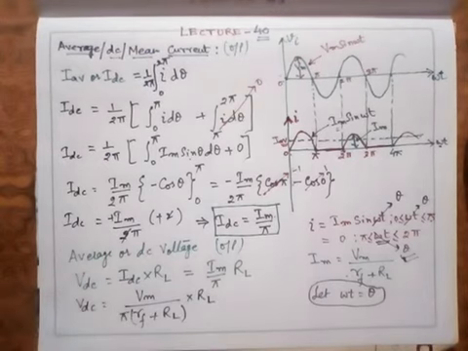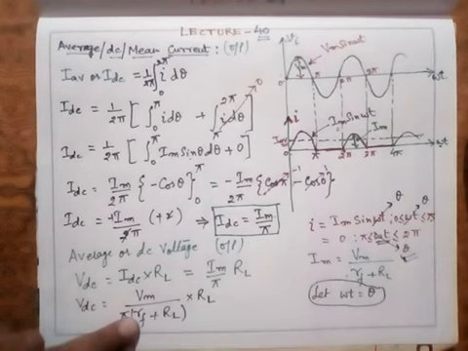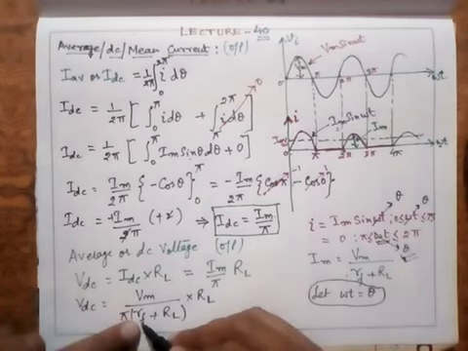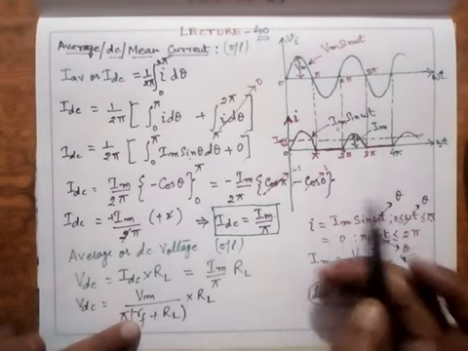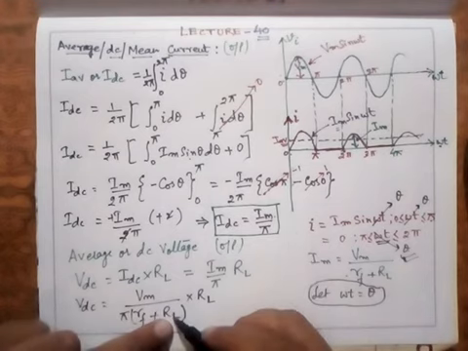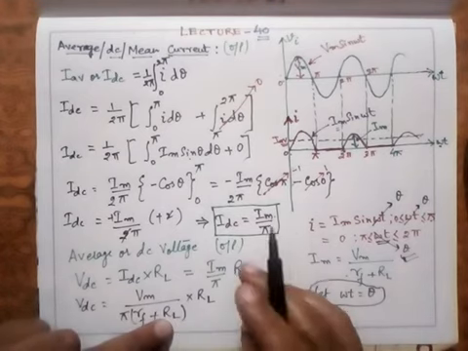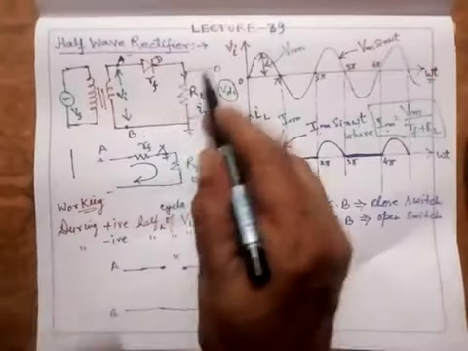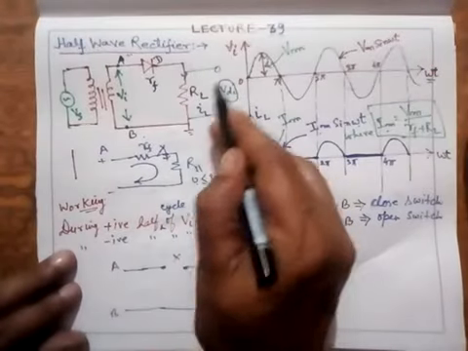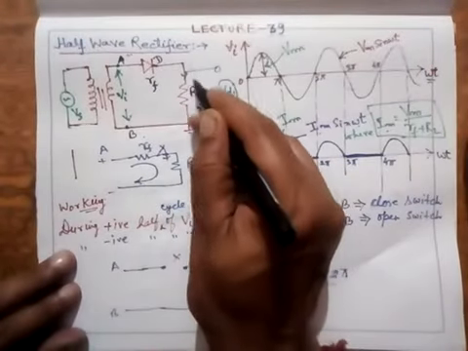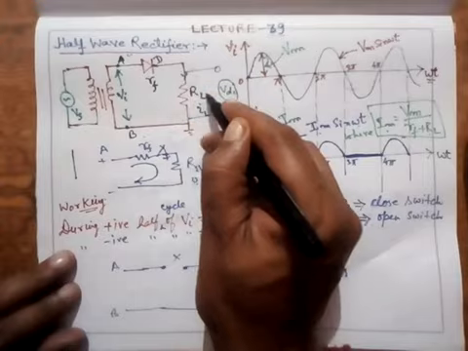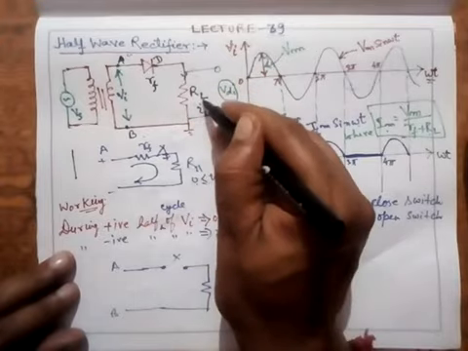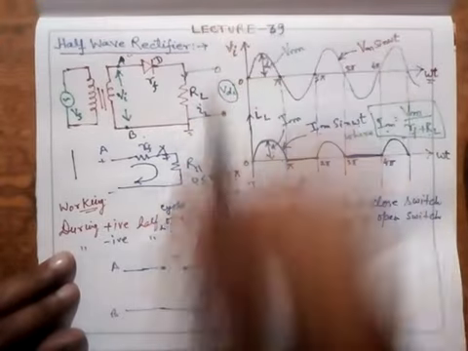Now one more thing. Since this RF is far less than RL, normally the forward resistance of this diode is of the order of few ohms, and we take this RL of the order of few kilo ohms in order to obtain the maximum drop here. We need maximum voltage. If the current is fixed, all I can do is increase the value of this load resistance, so that the maximum drop will be across this load resistance.